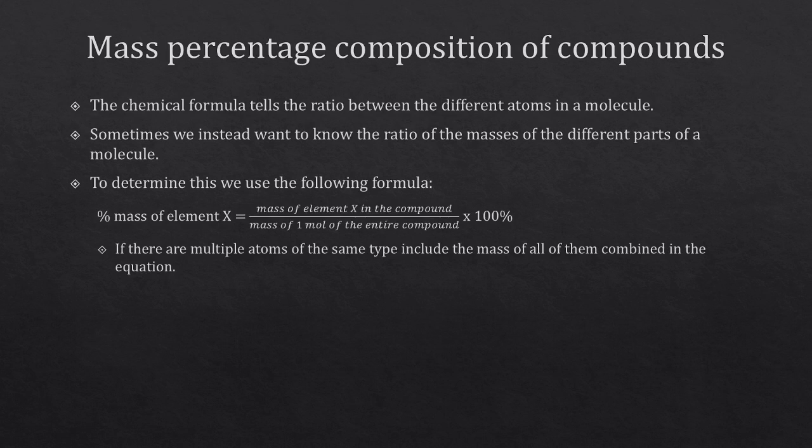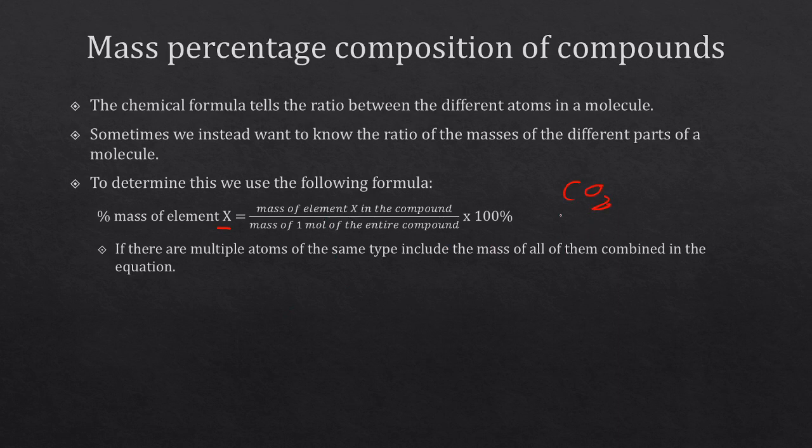So to determine this, we use the following formula. Percent mass of some element X is the mass of that element in the compound divided by the mass of 1 mole of the entire compound, multiplied by 100%. Please note, if there are multiple atoms of the same type, include the mass of all of them in the equation. So for a somewhat simplified version, if you were looking at the molecule CO2